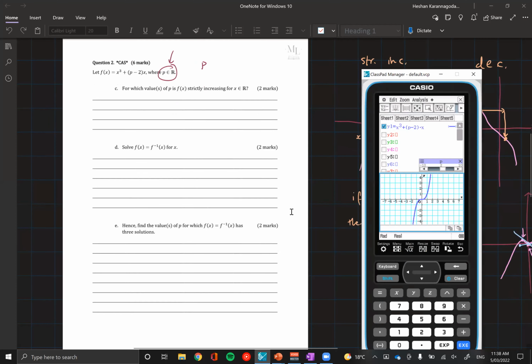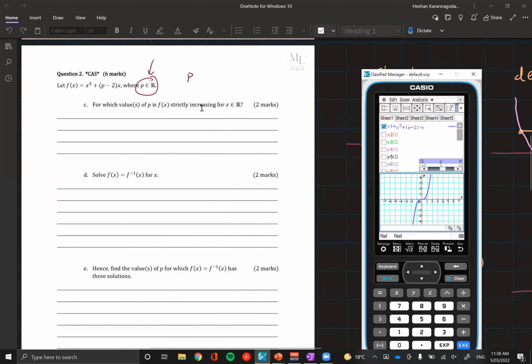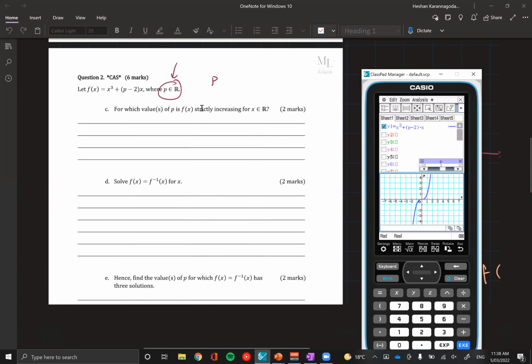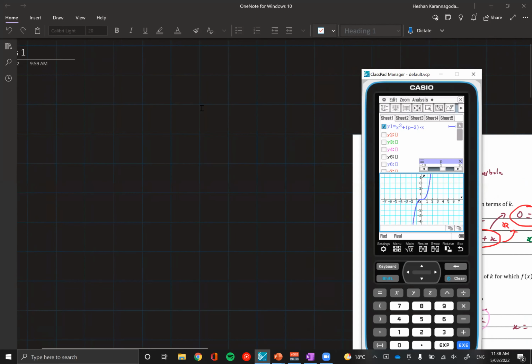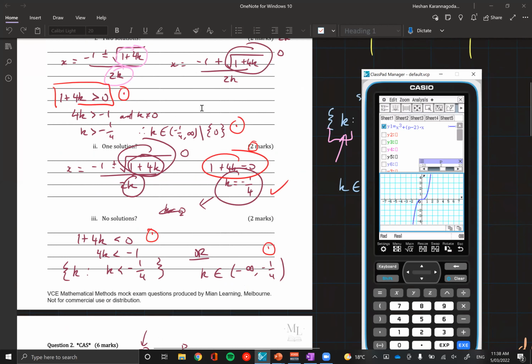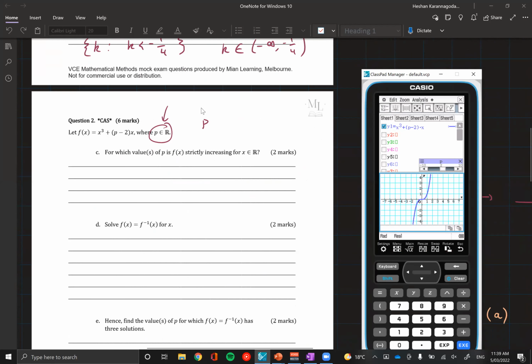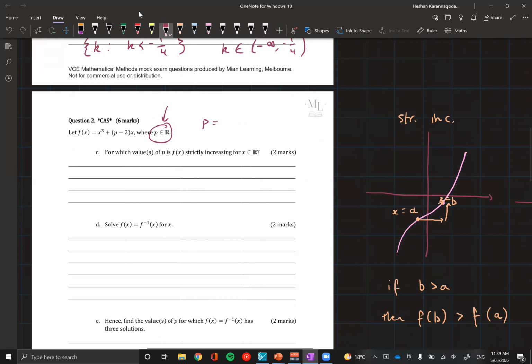Okay, can you see the calculator? Yes. Okay, cool. So essentially what we found when we were dynamic graphing was that P equals 2 causes it to look like a flat line. And the best way to confirm this is just by substituting P equals 2 into our equation and seeing the result. So f of x when P equals 2 would be x cubed plus 2 minus 2 of x. So 2 minus 2 is obviously 0. We're just left with x cubed.